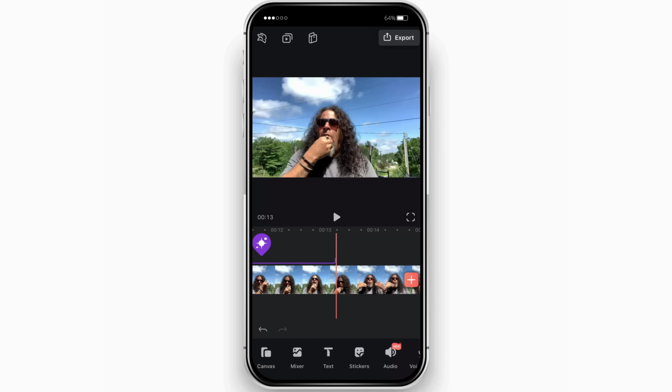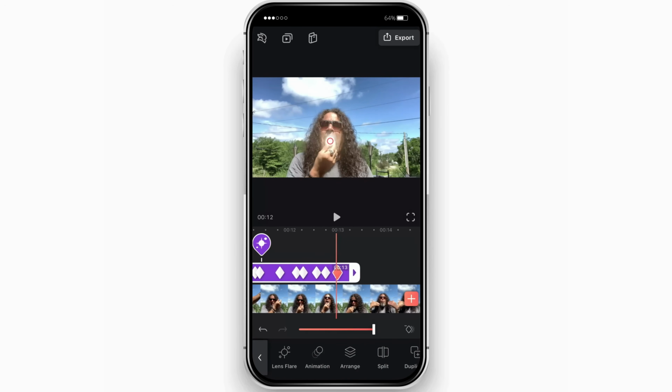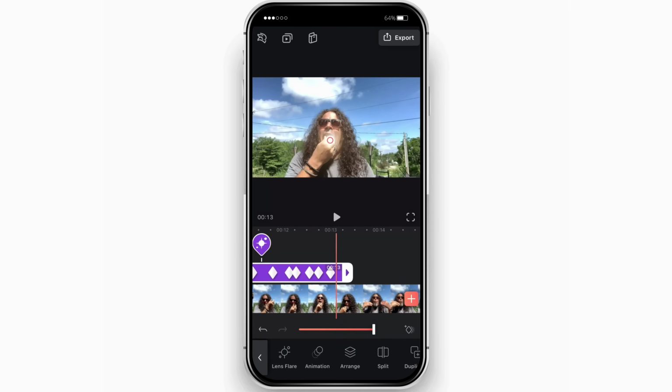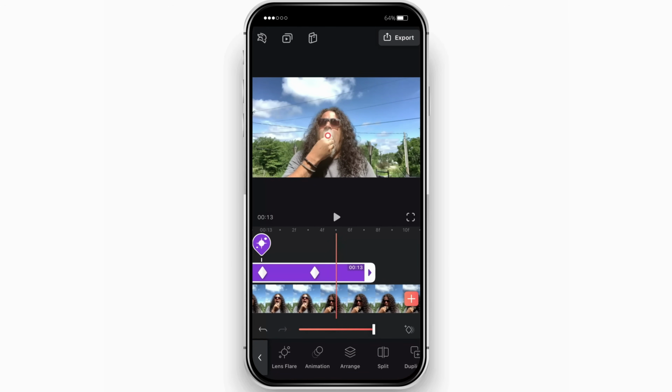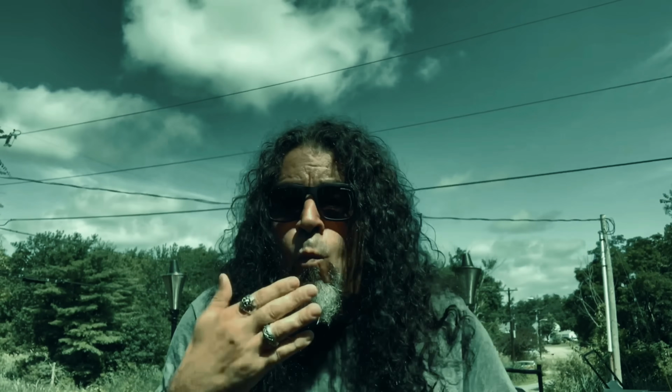Nice and easy. Once the extra footage was gone, I just tapped on the purple bubble above the lens flare section that I was keeping, and I added another keyframe to get that sun looking like it was going right into my mouth. I used 2 fingers to pinch and stretch the track out so I could do one more thing. In my head, I figured as the sun went into my mouth, it probably needed to look like it